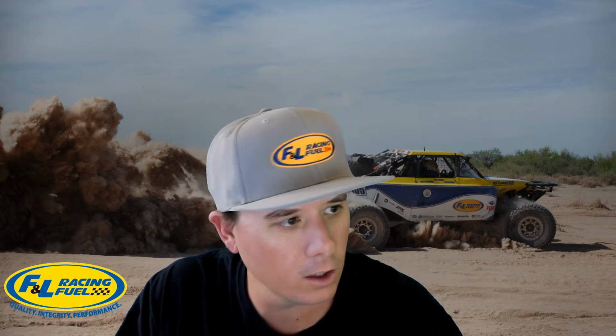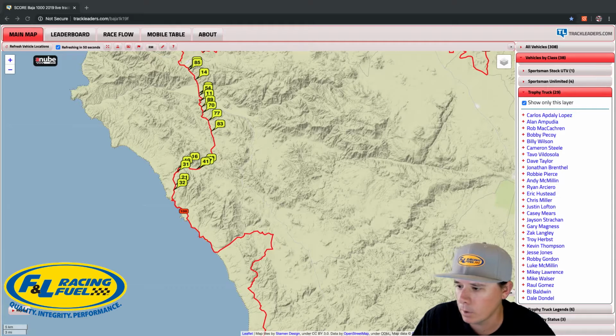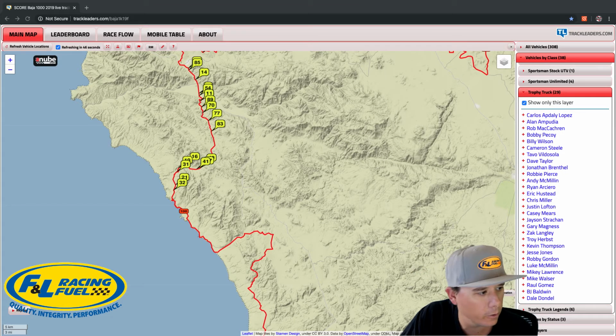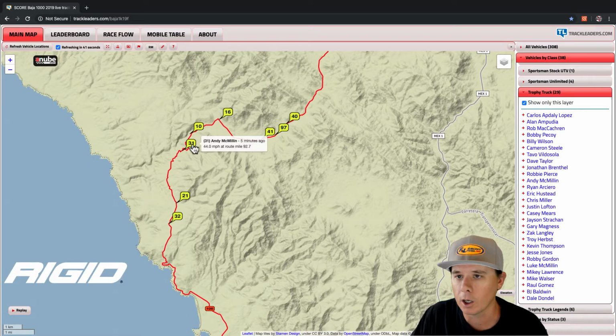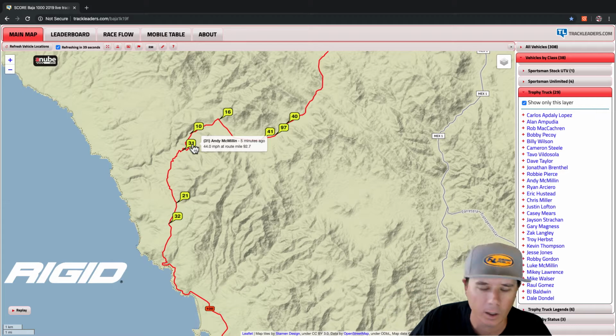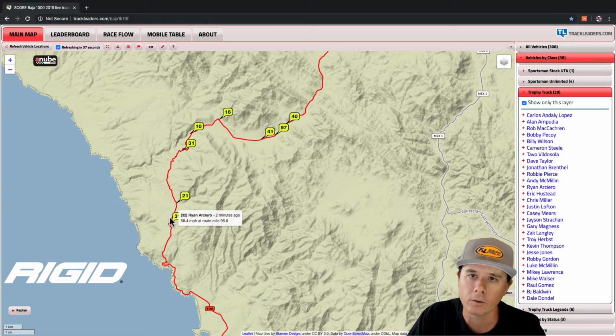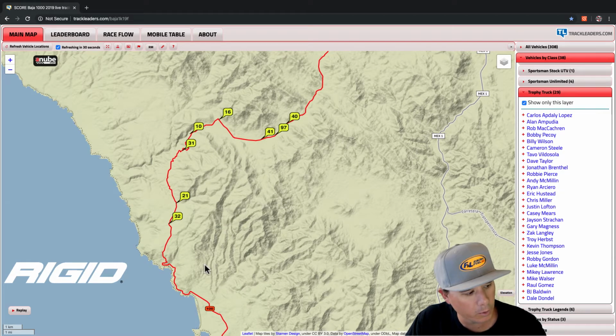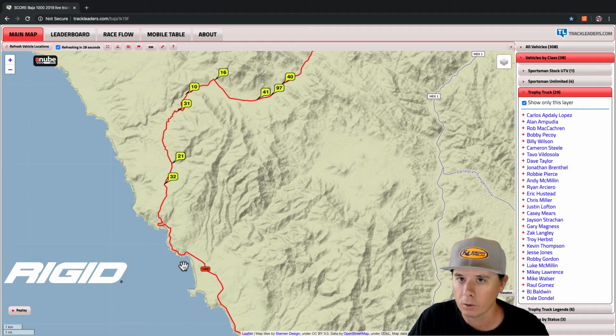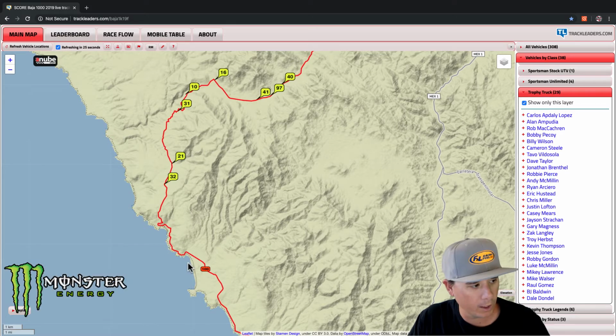So let's go over and take a look at the map here, and we can see where the lead cars are. Now, the 32, like we said, is still in front of Andy. However, Andy's tracker on here hasn't been updating very well. You can see it's been 5 minutes since it updated here. He's actually right behind Ryan Arciero, I would say within like 15 to 20 seconds from the last split that we got. So it's going to be interesting once we get splits again, probably down here on the beach in Arindia. We'll have another time split for you guys. But Andy was actually right behind the 32, and if these trackers update again, we might get to see that